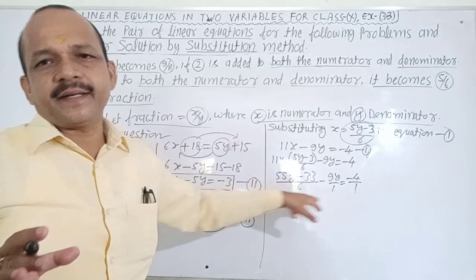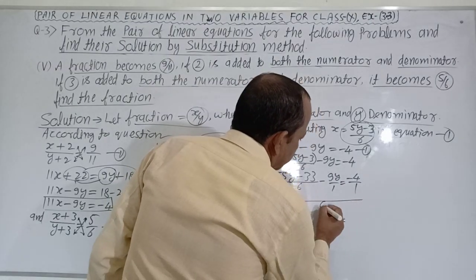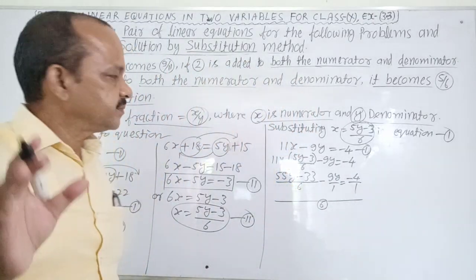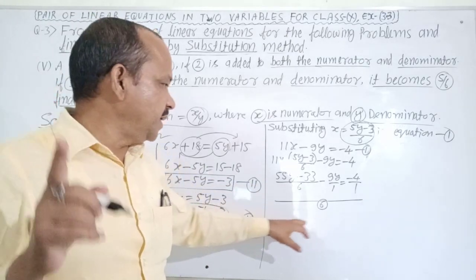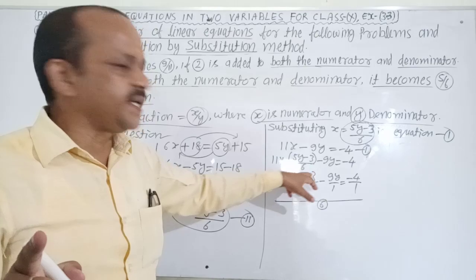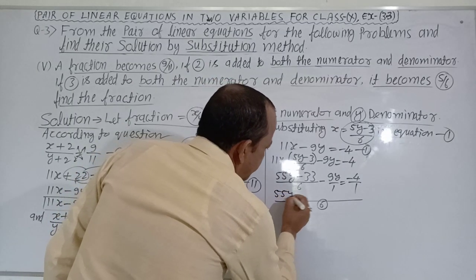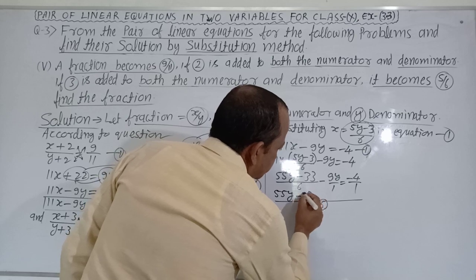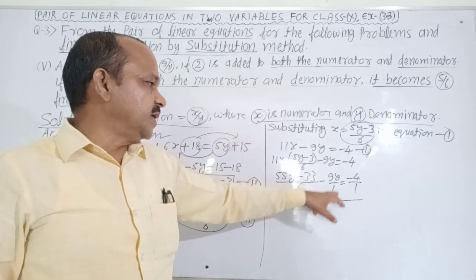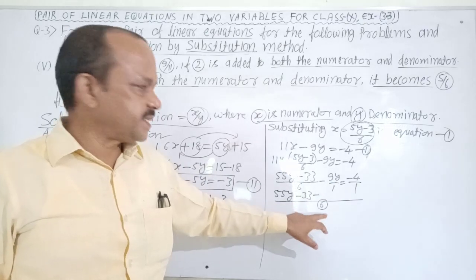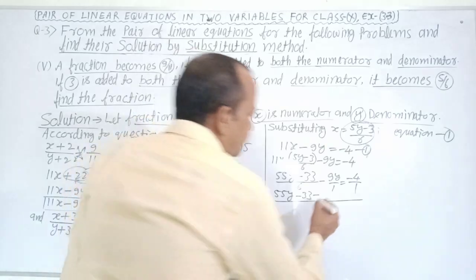You can take the LCM of all, 6. 6 divided by 6 you find 1. 1 multiply by (55y minus 33). It becomes 55y minus 33, minus 6 divided by 1, you find 6. 6 multiply by 9y, it becomes 54y